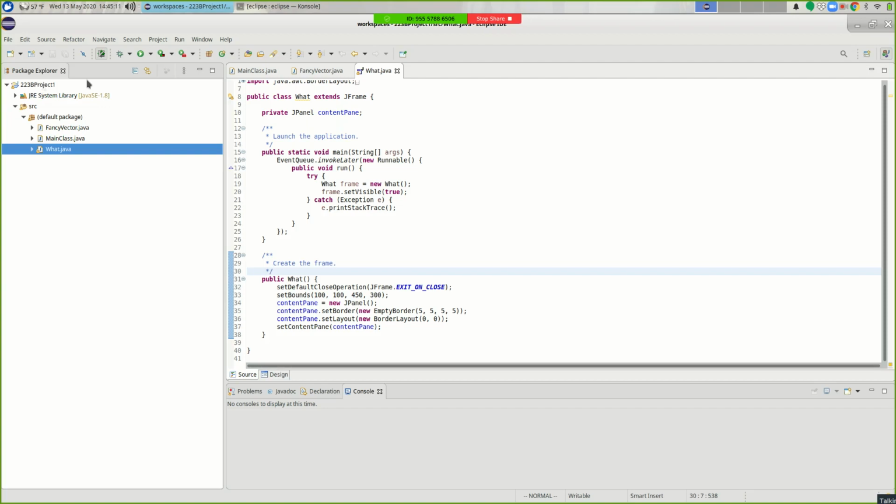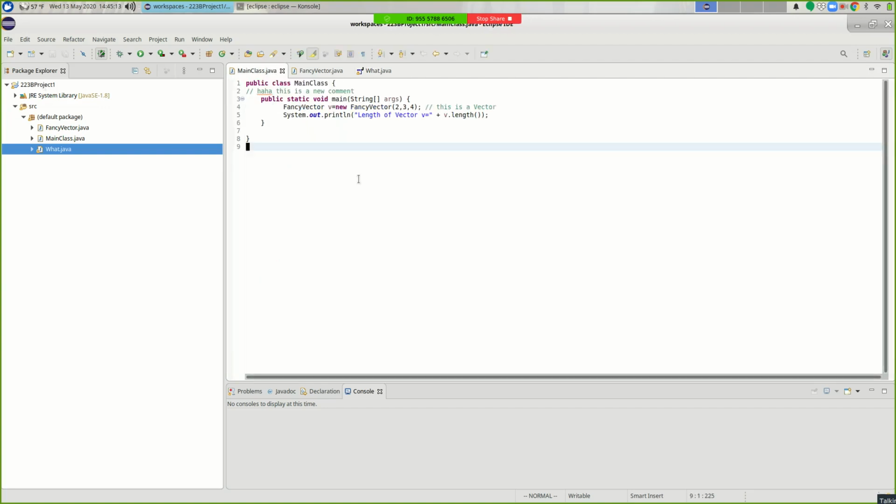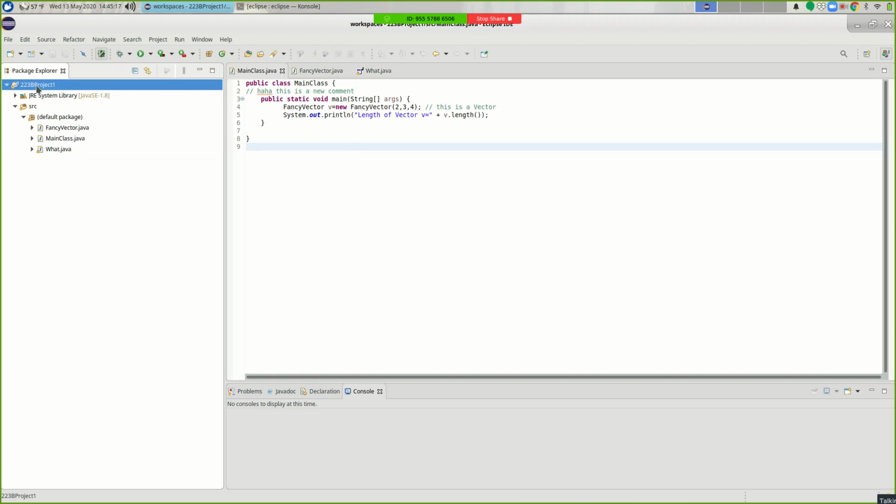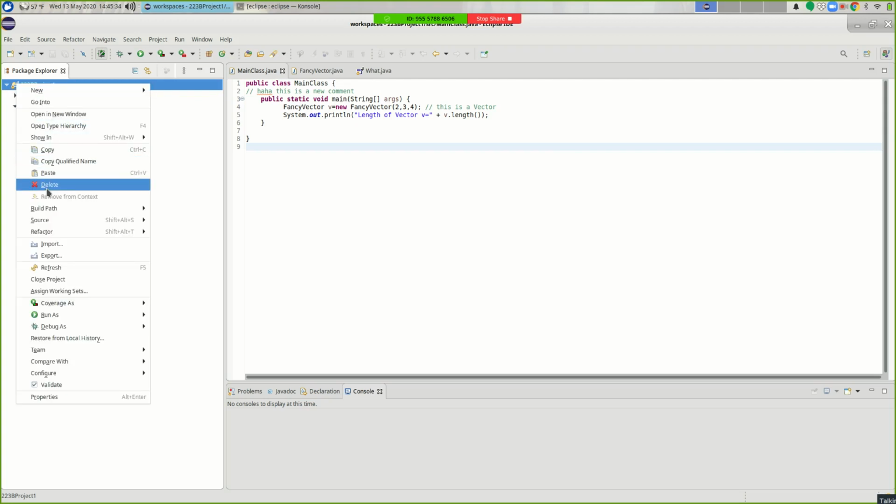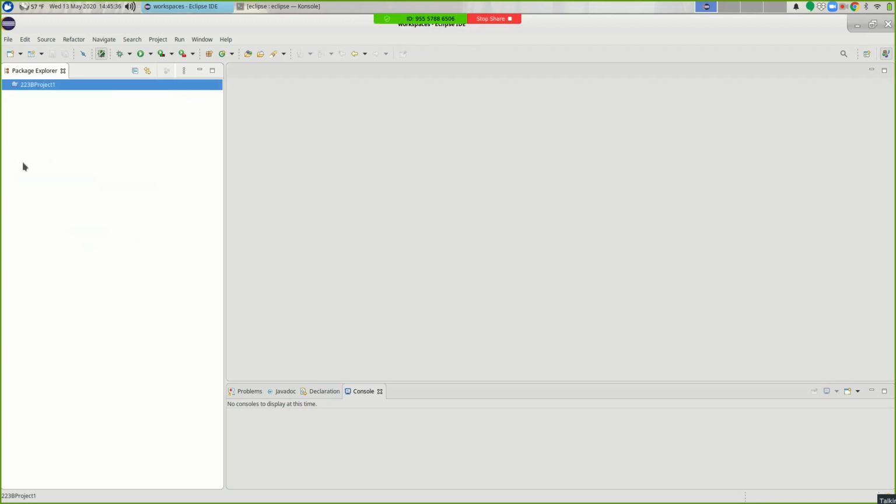Okay, so I've already got a main program in here, so I'm going to close out this project. So this is a really important point. Don't ever keep more than one project open at a time. If I say new Java project and I start writing new code, there's a chance I'm going to be messing with files that actually belong to a different project. And that's going to be really confusing. So right click on your project and say close project. And the little triangle next to it should go away. That means your project's closed.